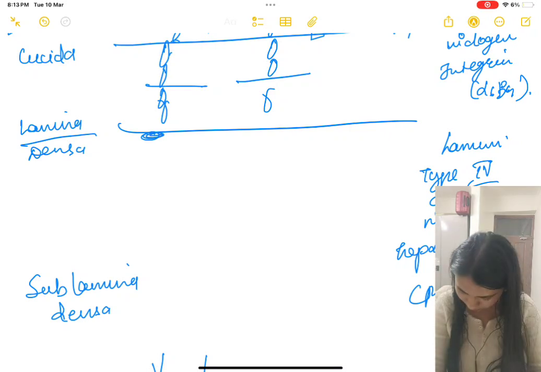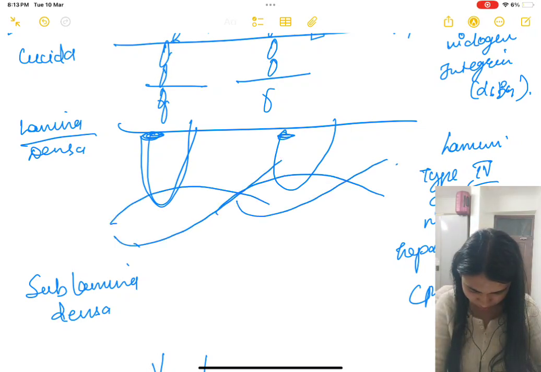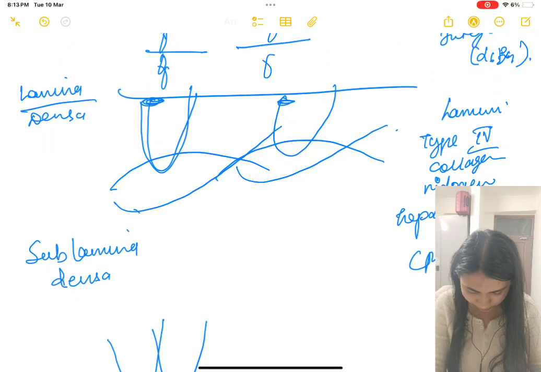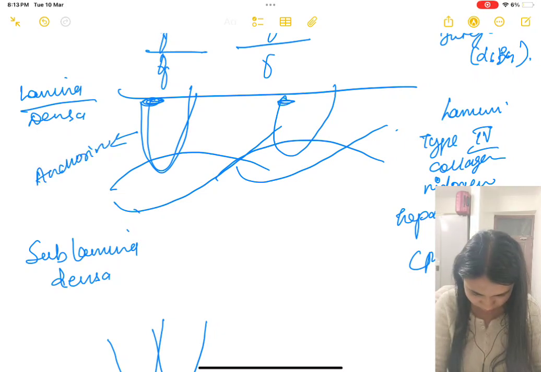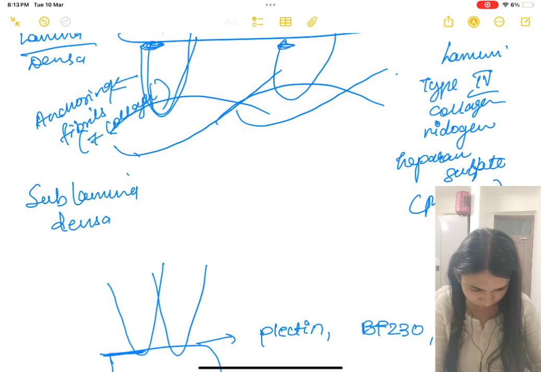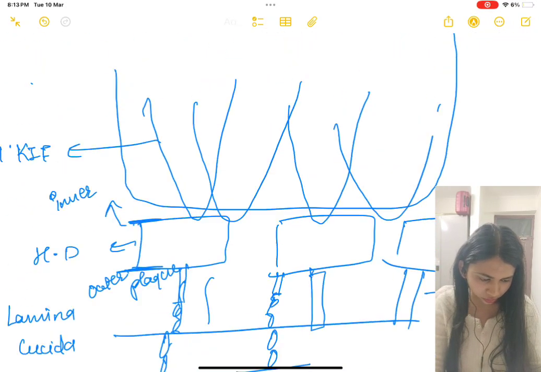So here what will happen, these are your anchoring fibrils and this is your collagen in sublamina densa. In sublamina densa, these are the anchoring fibrils which are composed of collagen type 7. This binds to type 1 and type 4 collagen, laminin 332 and microfibrils. So these loop over these. This is your type 1, type 3 collagen, interstitial collagen. This is not a good diagram, but